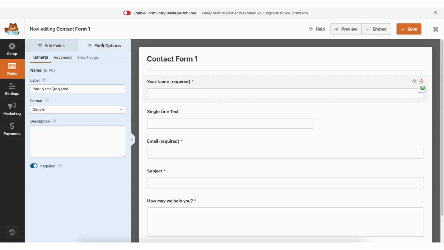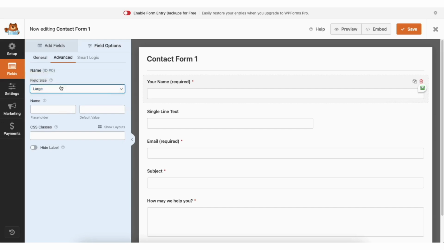If you click Field Options, you can click on a part of the form and then make changes from the side. You can select to make this part of the form a required or not required part to fill out. If you click Advanced, you can click the part of the form you want to change, and you can select between the size of the form field for that area, and then change if you want anything to show in the form field where they input their information. Click Save to save changes. When you are done, click the X button.